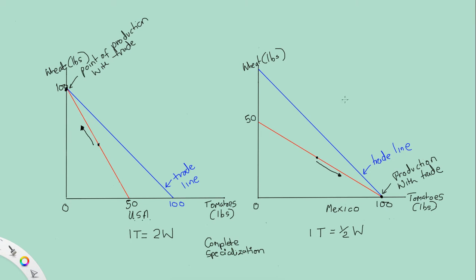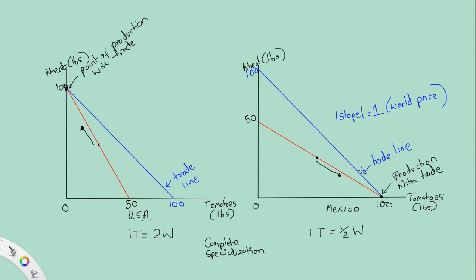And the slope of the trade line, let's talk about the absolute slope as we did for the slope of the production possibility frontier. The slope is equal to, well, this would be 100 in this case, so 100 over 100, the absolute slope is 1, which, as you probably remember, is the world price. So the nice thing about trade is that countries have access to combinations of goods that are impossible to achieve